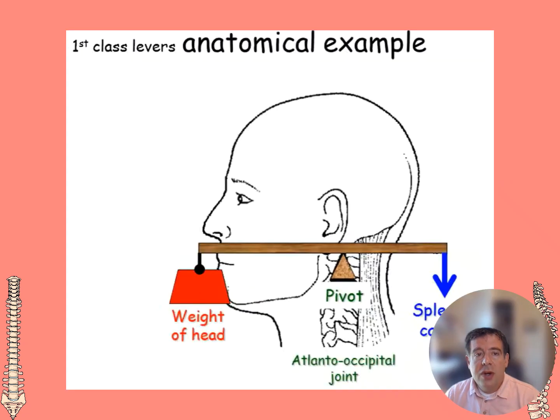And to go over each one of those, the first one, this is the most classic scenario for a class 1, not as common. So think of your cervical spine right in the middle. That pivot is in the vertebrae here. And so our muscle, the force, is actually the muscles in our neck pulling down to lift our chin up, for example, and our weight is the weight of our head. So this is a good example of a class 1 lever.